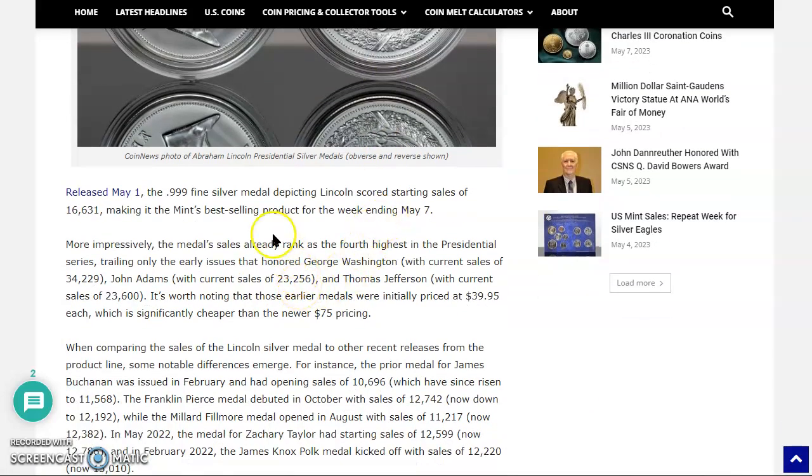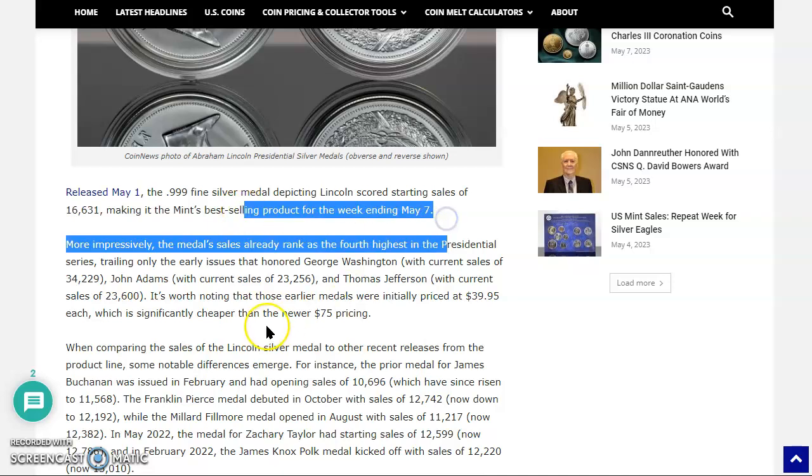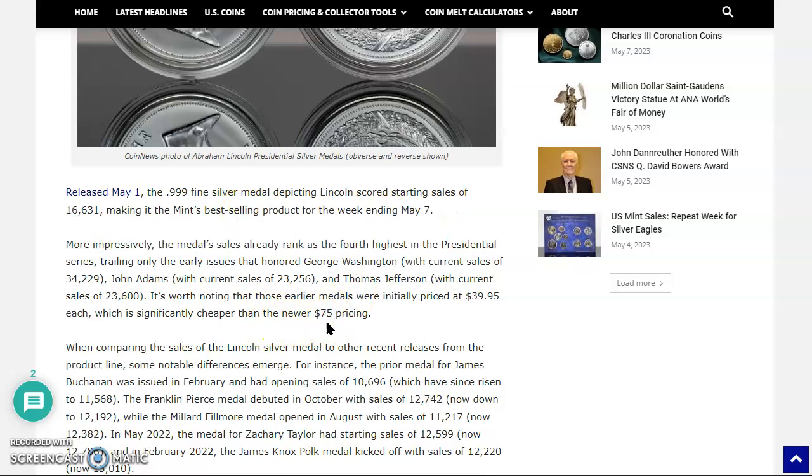The 3/9 fine silver medal depicting Lincoln scored starting sales of 16,631, making it the Mint's best-selling product for the week ending May 7th. More impressively, the medal sales already rank it as the fourth highest in the presidential series, trailing only the early issues that honor George Washington, with current sales of 34,229, John Adams with 23,256, and Thomas Jefferson with sales of